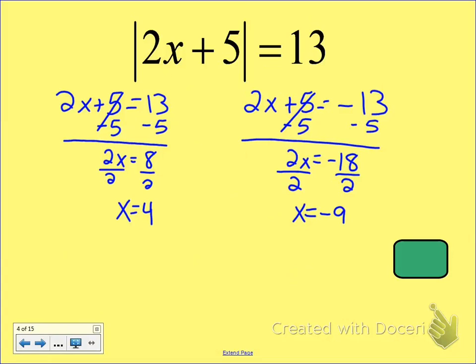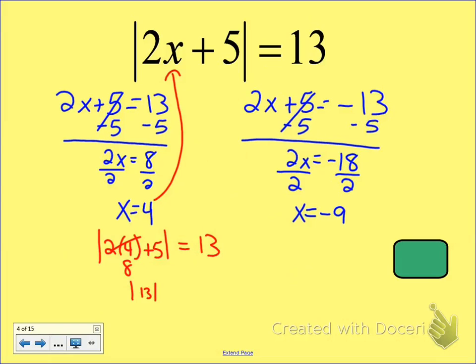Don't circle it yet. You now need to go back and check your answers to see if they work in the original equation. Remember, we always do this with absolute values. So we're going to plug the 4 back into our original equation. So the absolute value of 2 times 4 plus 5 equals 13. 2 times 4 is 8. 8 plus 5 is